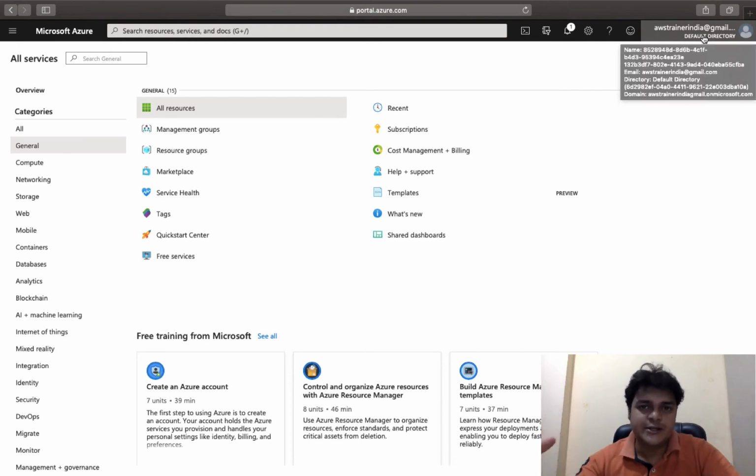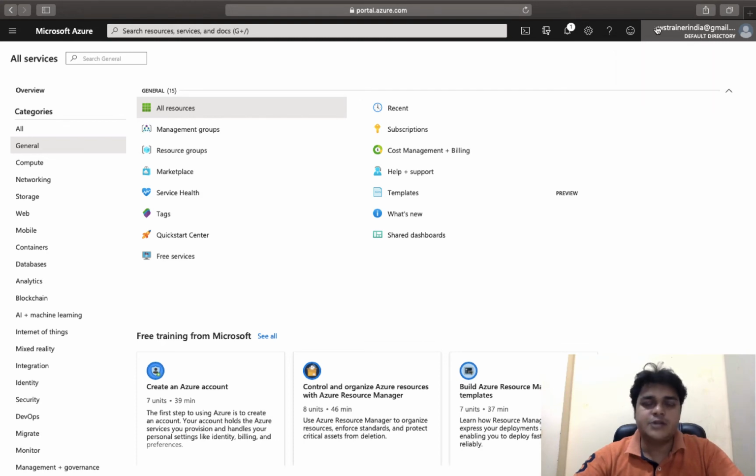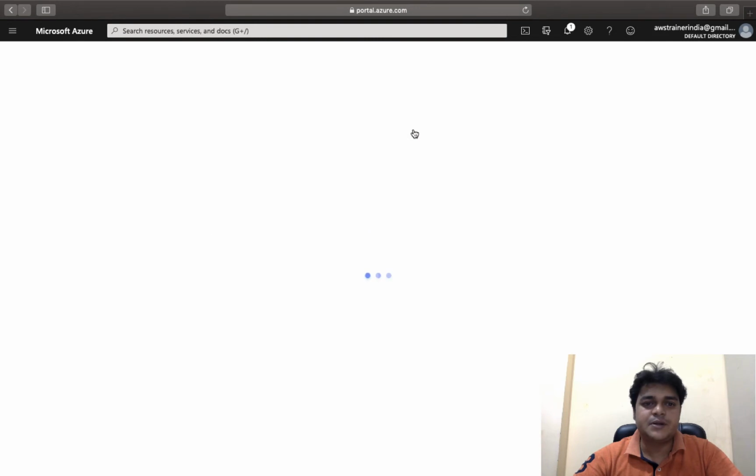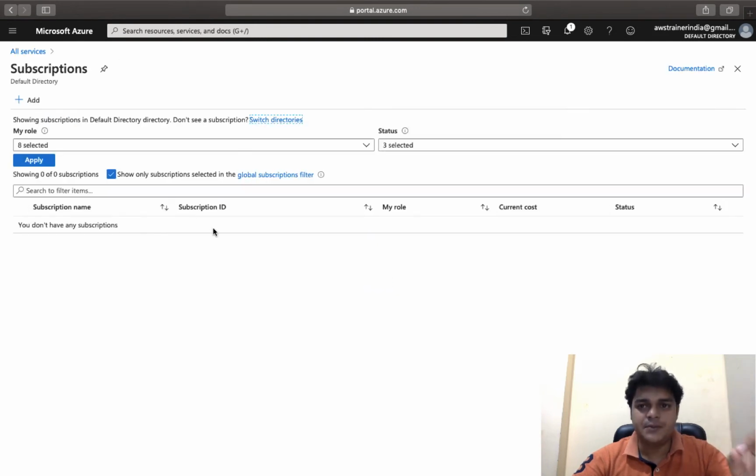I'm planning to share the invitation from our existing Azure portal to AWS trainer India@gmail.com. If you check the subscription type, you don't have any subscription, which means you are unable to purchase any services. So I'm planning to share some resources from our pay-as-you-go account to our freshly created Azure portal.